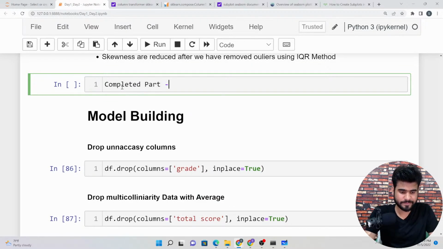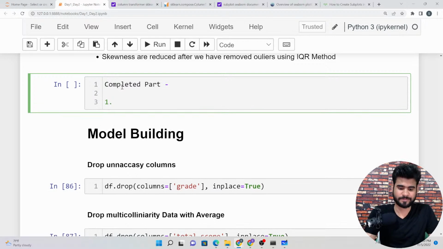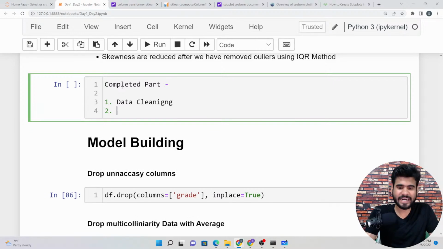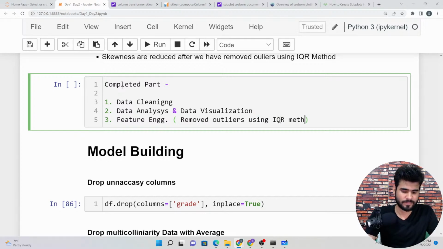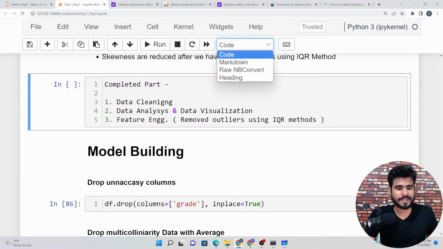Completed part. First, data cleaning. Second part that we have completed, data analysis and data visualization. Third part, feature engineering, where we have covered removing outliers using the IQR method. Now the next part that we have,